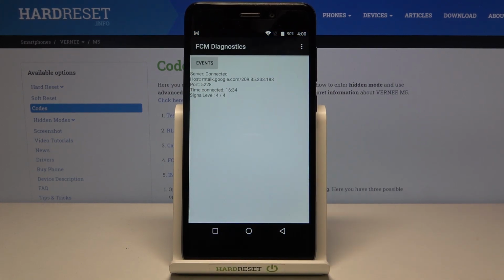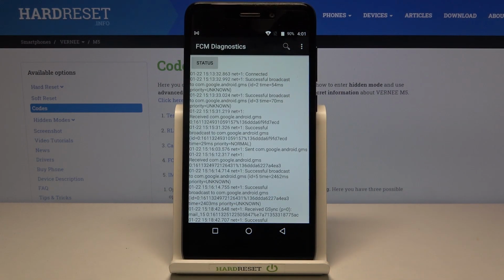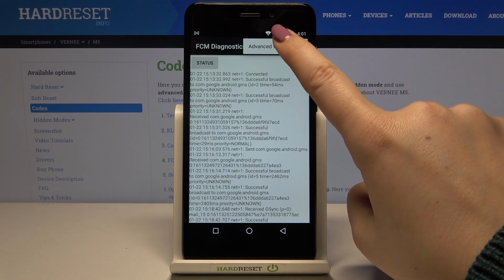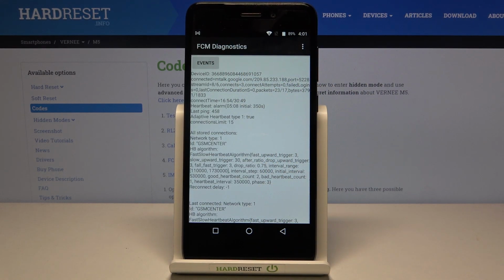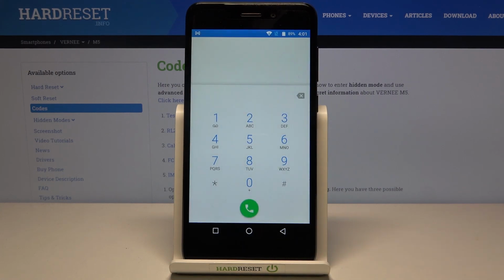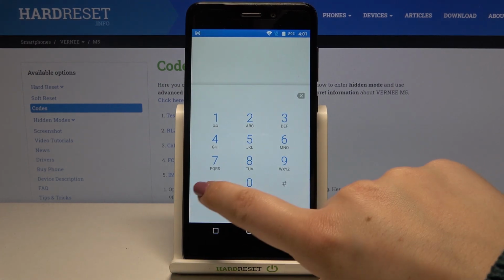*##426#***. And as you can see, we are in a diagnostic mode, so here we can check, for example, the server, host, port, time connected or signal level. What's more, after tapping on events, we've got another info. We can also show advanced view just by tapping on this three dots icon, tapping on advanced view and tapping on the status. As you can see here, we've got some further details. For example, we can check the last ping, the network type or HB algorithm. Let me get back and let me show you the last code, which is